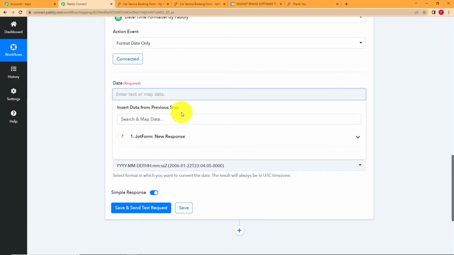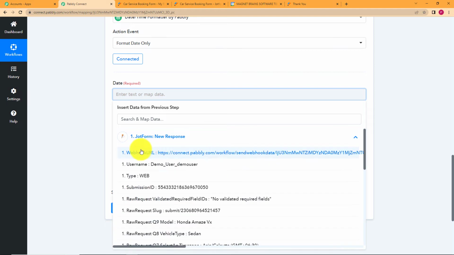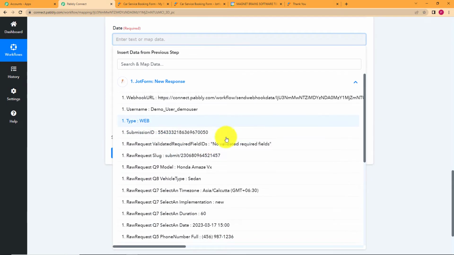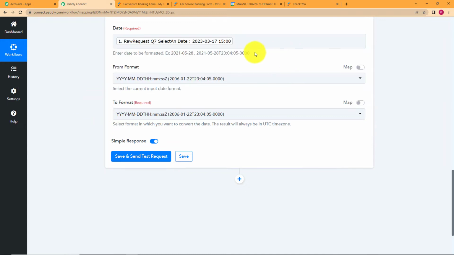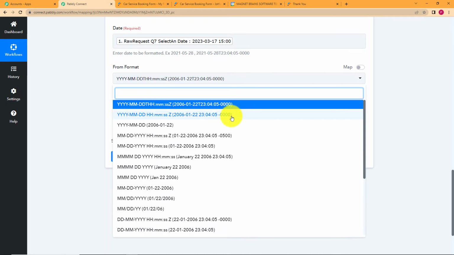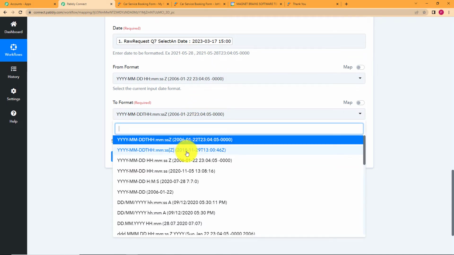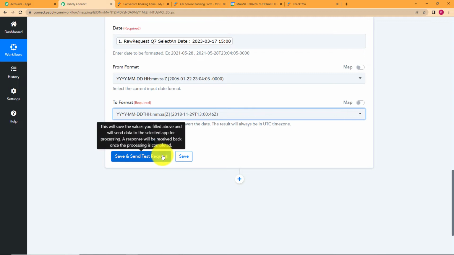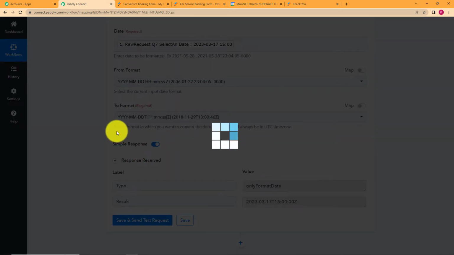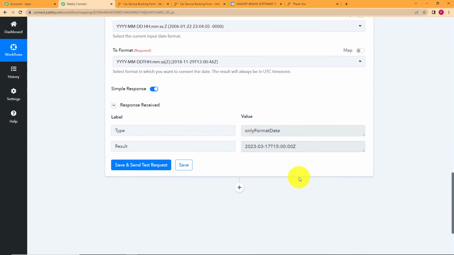And for that inserting, they will provide you this drop down menu of all the responses that you have received in your previous step. So select the information from that and map it right over here. Now you have to choose what format the date is already in. It is in this format, and then you have to choose the format to which you want it to be changed. So we will click on save and send test request and see that yes, the date has been changed